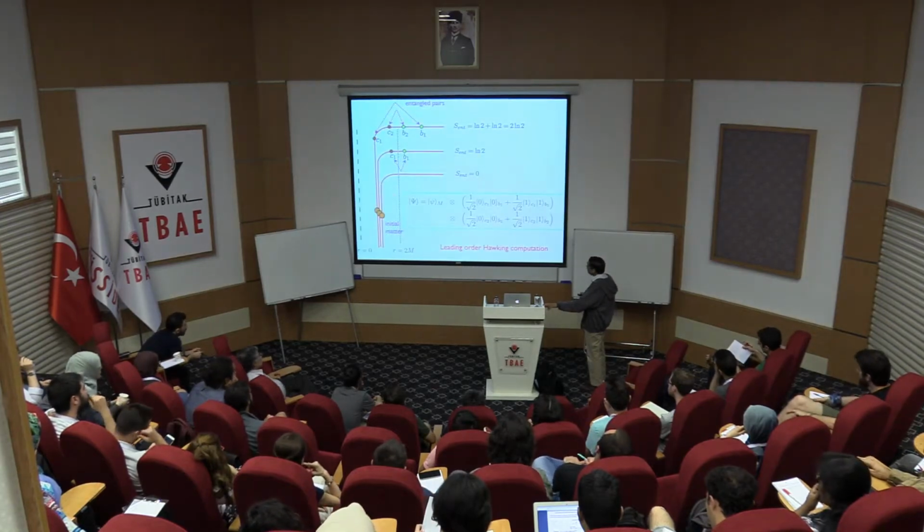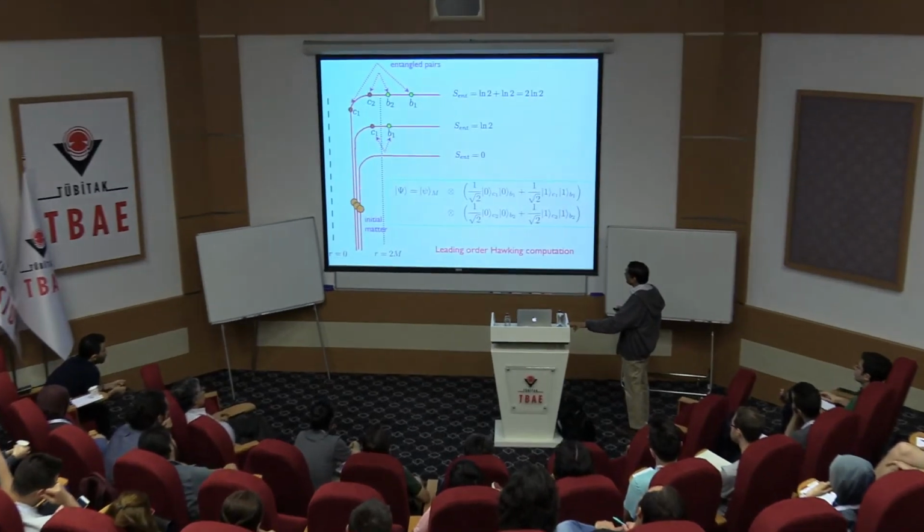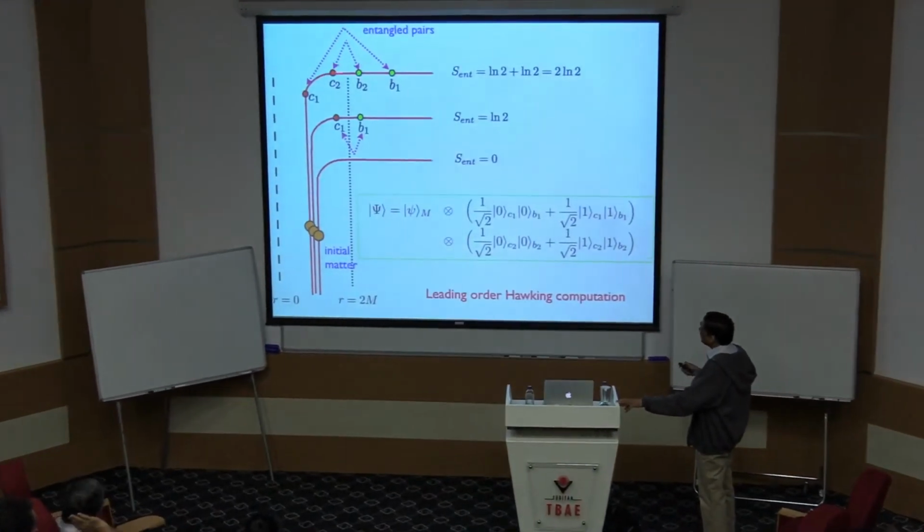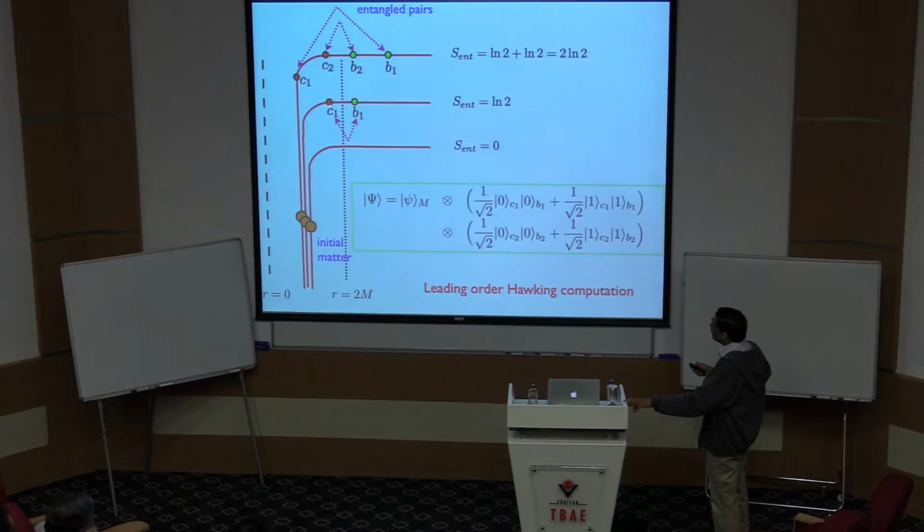So again, this is the picture we'll be working with. Now let's try to put some math over this. Again, these are the space-like slices. As they are entangled, the entangled pair I've drawn, let's call the first pair B1 and C1. The mode outside I'll call B. The mode inside I'll call C. So this particle is called